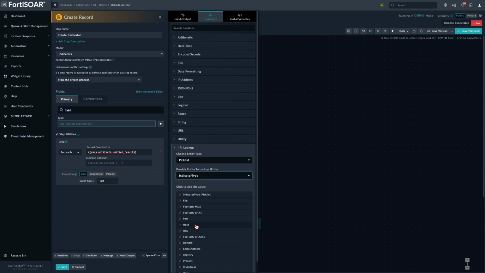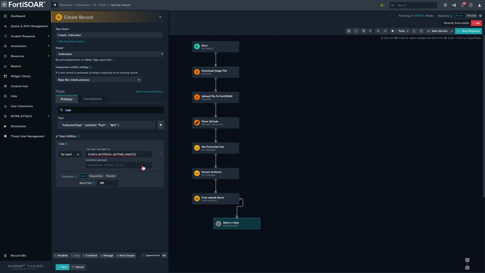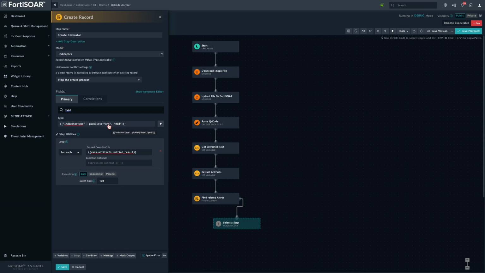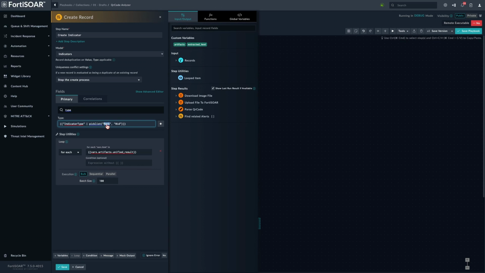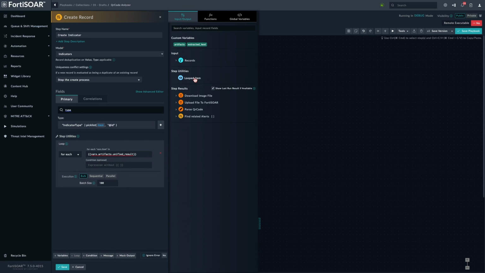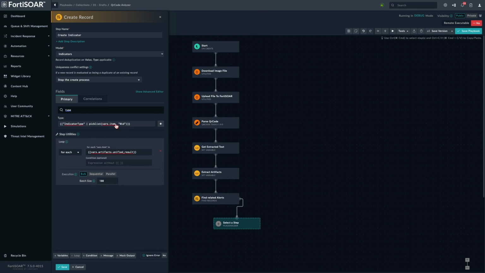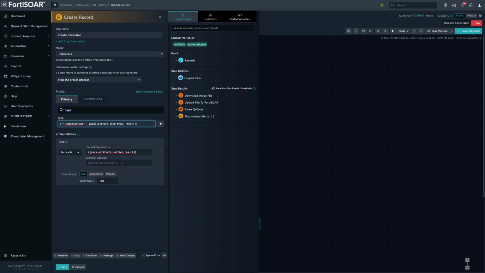It doesn't matter, we can pick any one just to have the proper syntax, and then what we will do is simply replace the string indicating the type with our variable here. So it was type, wasn't it? So it was dot type. So this should give us the appropriate type